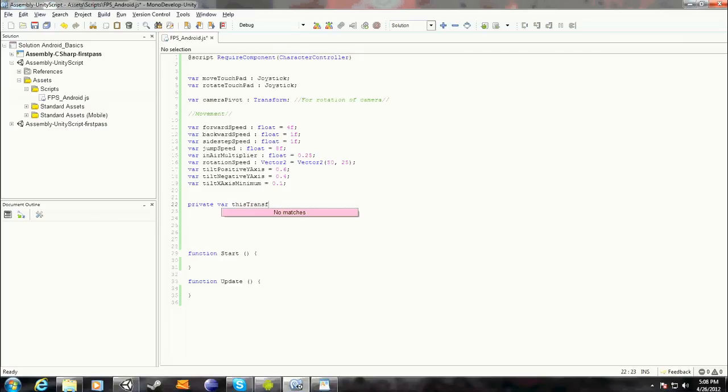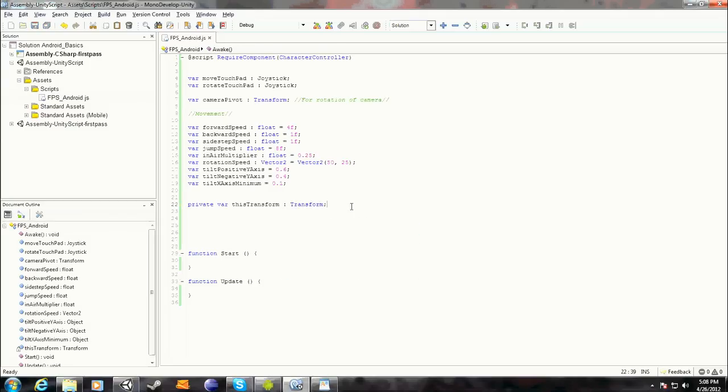So you want to go: this transform will be a transform, not a follow transform. I hate this new one. I always press up or down, hit that, equals a transform. You want a private